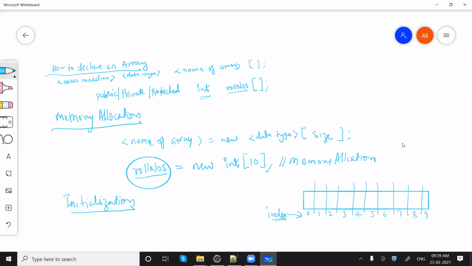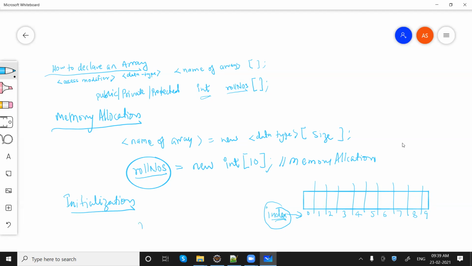Whenever you want to access or keep something in these locations, you will use the index with the name of the array. So for example, I want to keep 100 at the zeroth index.